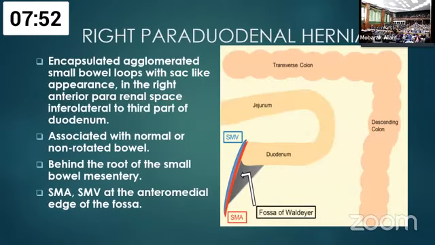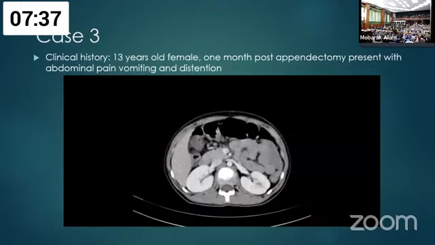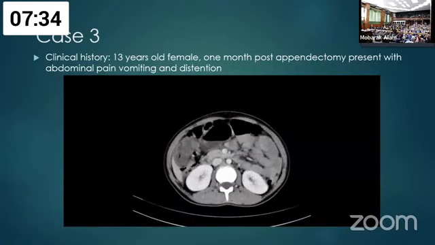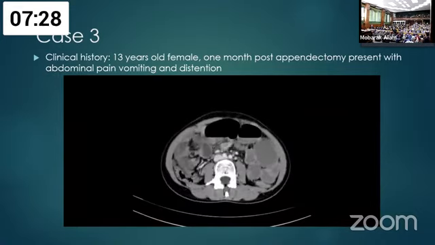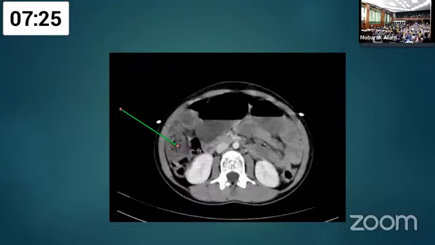Right paraduodenal hernia is located within the Waldeyer fossa, behind the root of the small bowel mesentery, infralateral to the transverse part of the duodenum, the third duodenal segment. Third case, a 13-year-old female, one month after appendectomy, presents with signs and symptoms of small bowel obstruction. We see a dilated fluid-filled small bowel segment, and another dilated small bowel segment located lateral to the collapsed cecum and ascending colon,